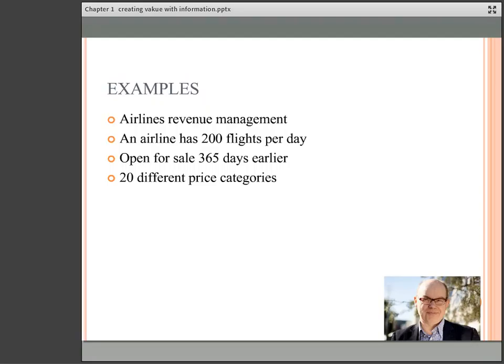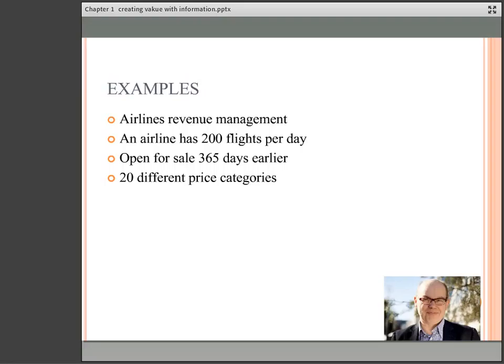And what airlines talk about is revenue management. It's a nice word. And you will be aware that airline tickets might differ, the price of them might differ hugely. You might have one person sitting next to you who is paying half of the price you are paying, and on the other side, the person who's paying double your price.